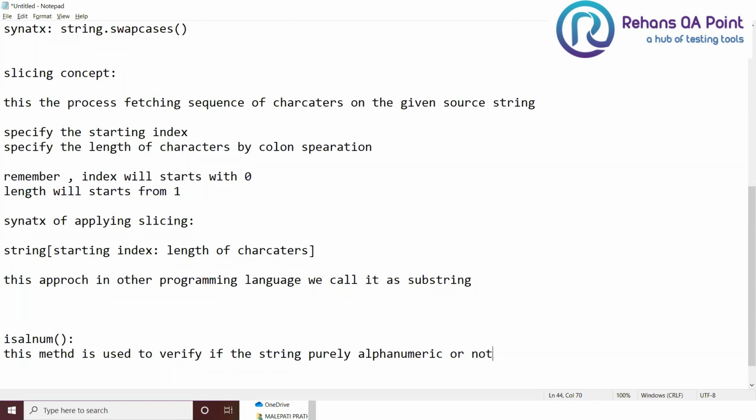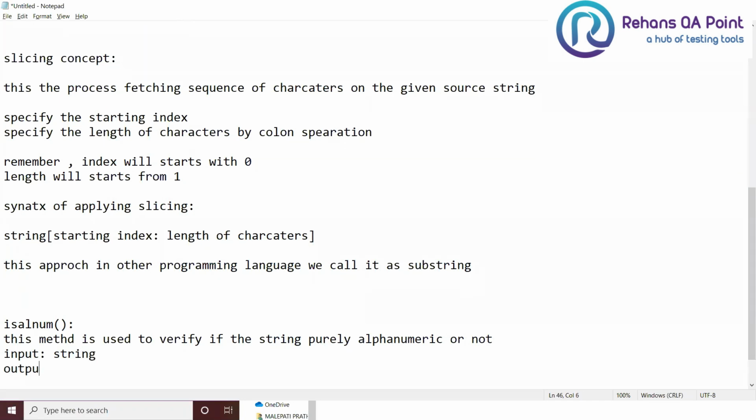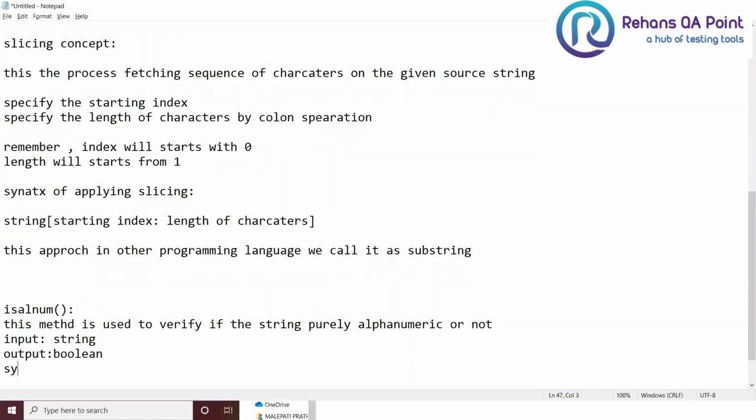Input is going to be a string. Output is going to be a boolean. The syntax is going to be string dot isalnum.